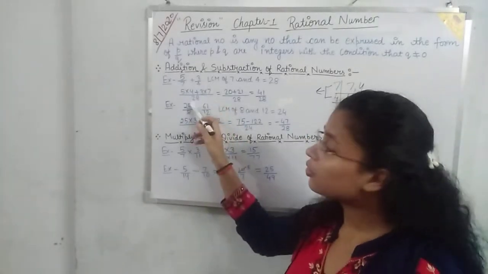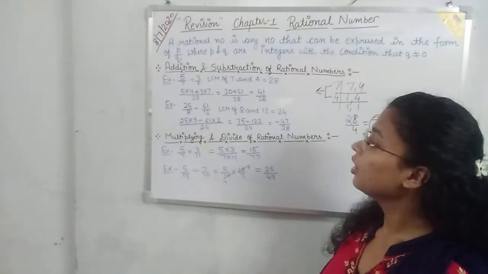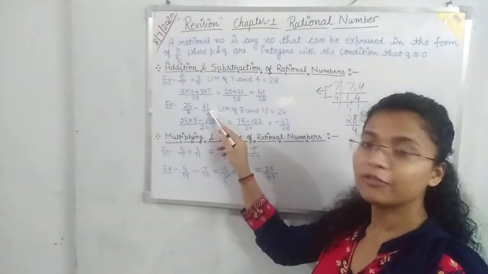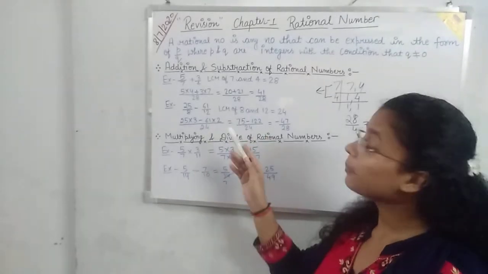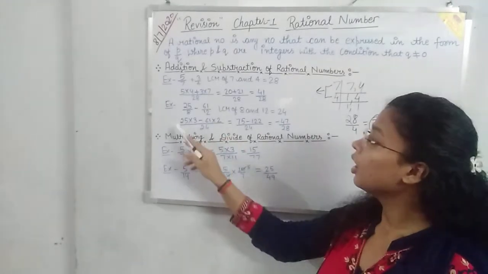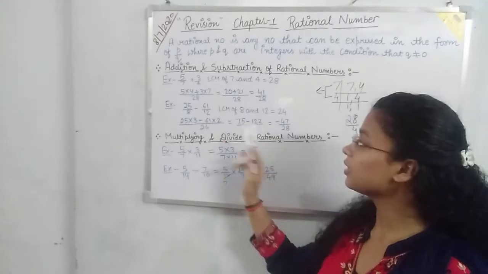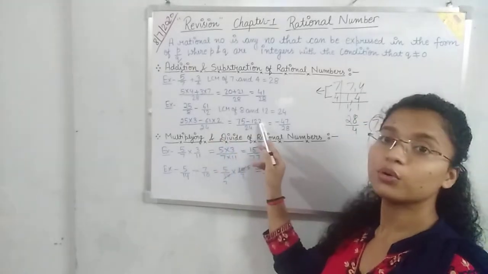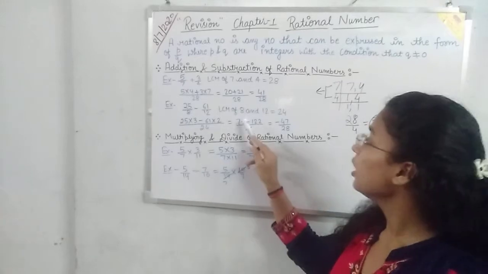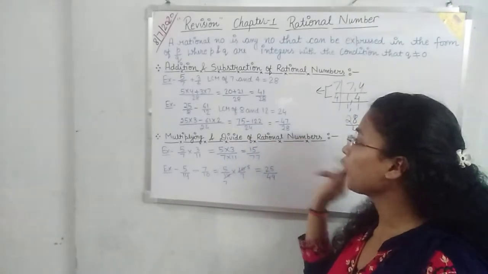Then multiply this 3 in the numerator. You will get 25 into 3. Now minus, when you do 24 upon 12, you will get 2. Multiply this 2 in the numerator, means 61 into 2. Now when you multiply this, you will get 75, minus sign will be as it is. 61 into 2 will give you 122. Now again upon 24 will be as it is. Now when you subtract it, you will get 47 upon 24.